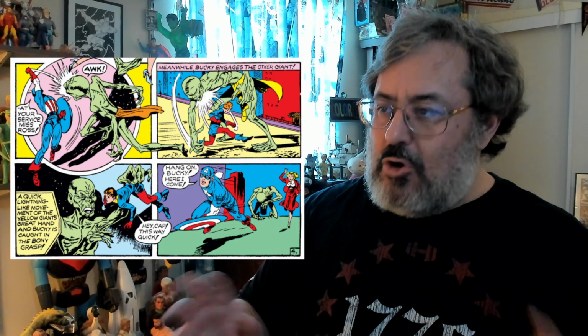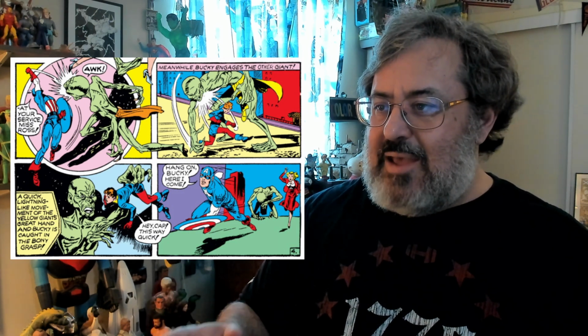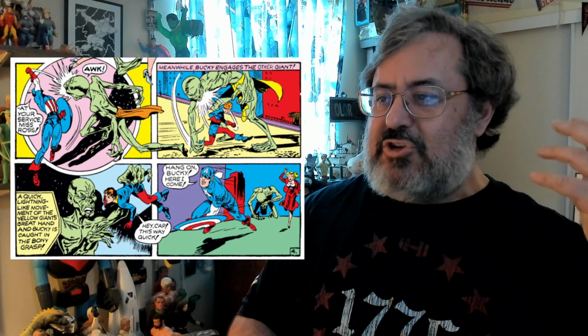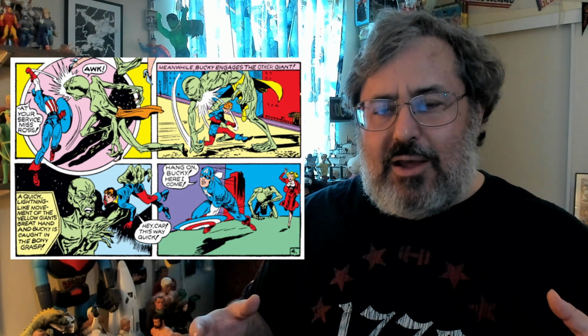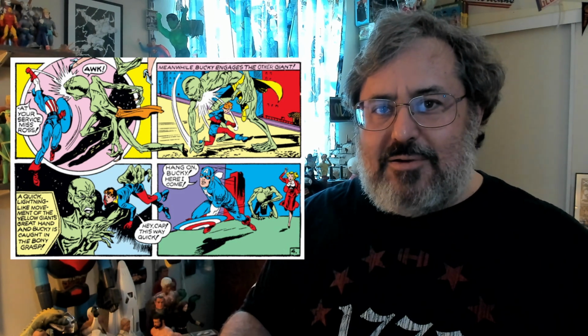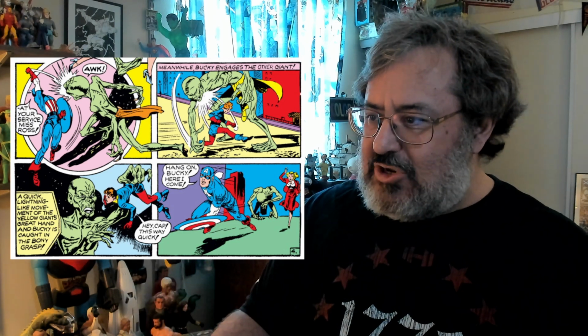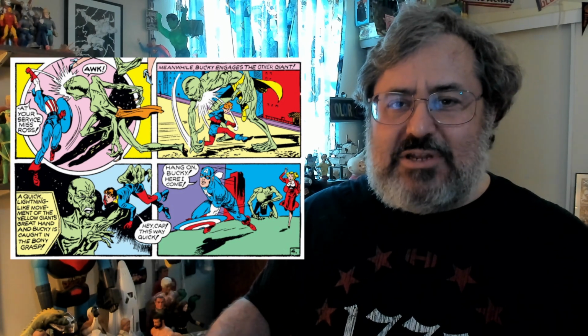Again, Kirby's art is a little bit rough here, but look at the poses and look at that dynamic action. The full extension of Captain America punching that ghoul in the face. If you've ever read How to Draw Comics the Marvel Way, right? They go into that stuff. Look at him running there. Look at that extension. It's a little bit more than is maybe natural or realistic, but that was the Marvel